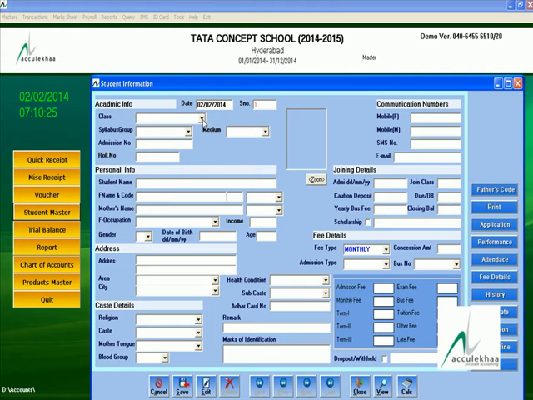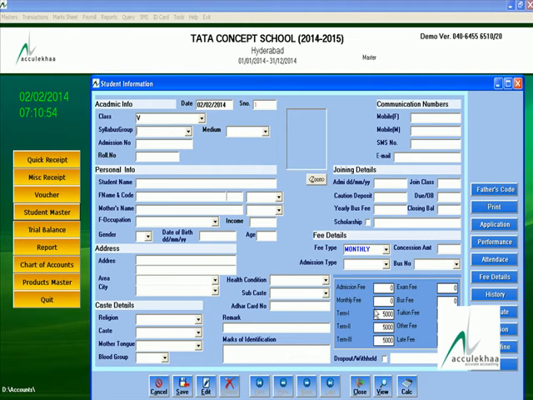and you have to select the class. I am selecting the class 5th. Once you select the class, to go to the next field, you have to use the enter key from your keyboard, like this.